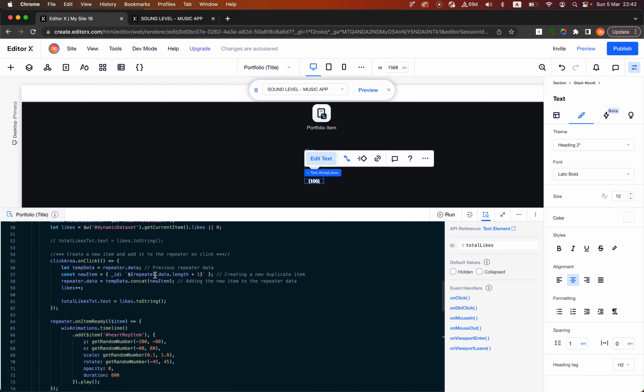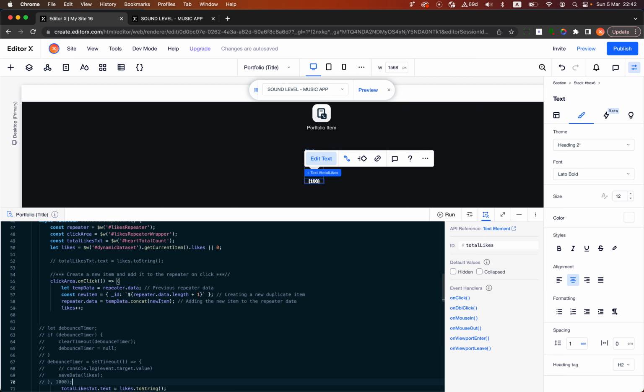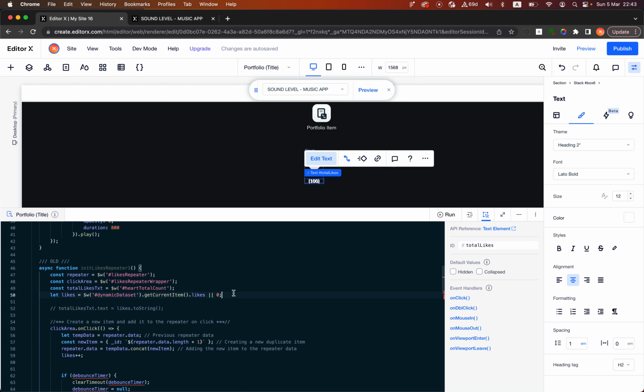Debounce is basically a way that we can wait a specific time until some action stops happening. Okay, so how it works, basically,